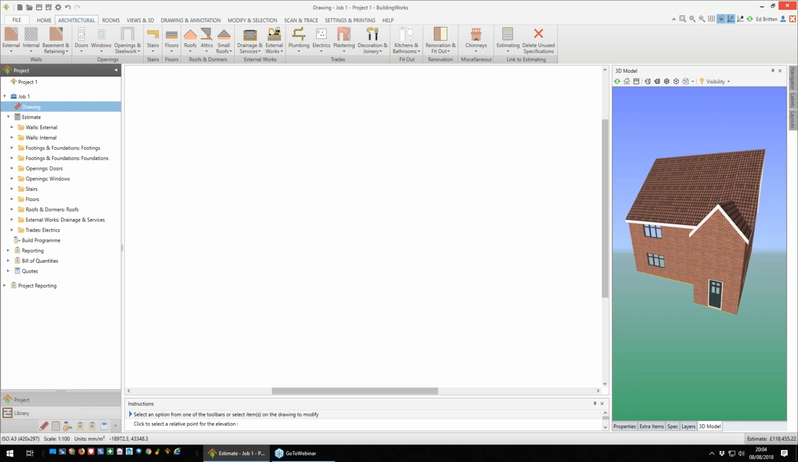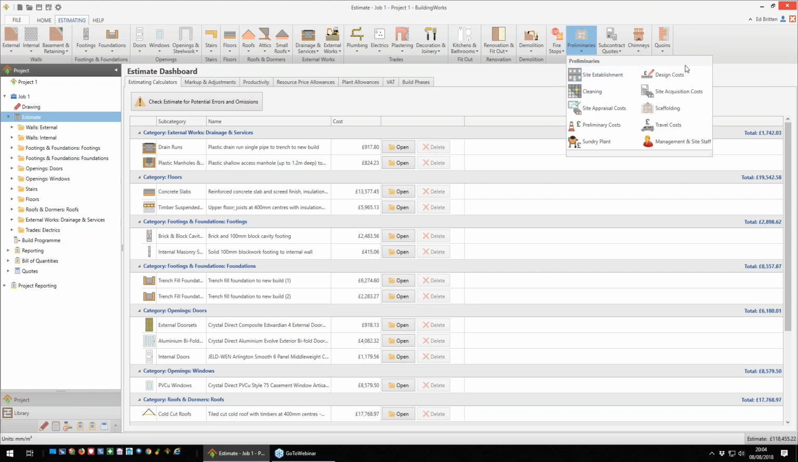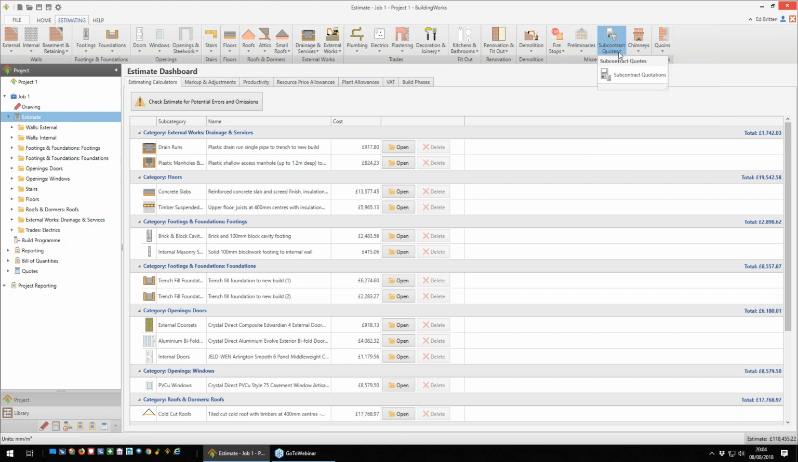Okay, on the estimate menu itself, you can also manually estimate objects instead of drawing them, so you can go through here. And what this does give you is the option to estimate things you can't draw, such as fire stops, prelims, so design costs, insurance costs, site appraisals, that could be test holes, etc. Travel costs, very major costs that a lot of builders don't take into account, prelims, sundry plant, and of course you can make allowance for management staff, so you could have site foremen, etc., contracts managers, all that kind of people. Option for subcontract quotes,